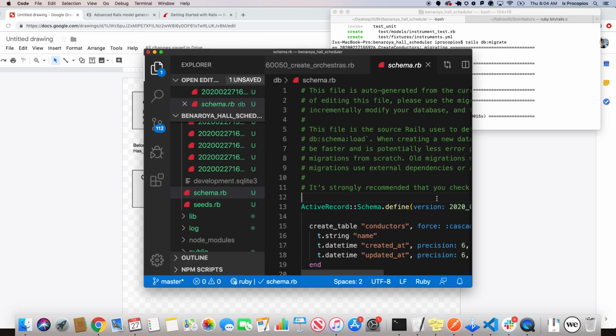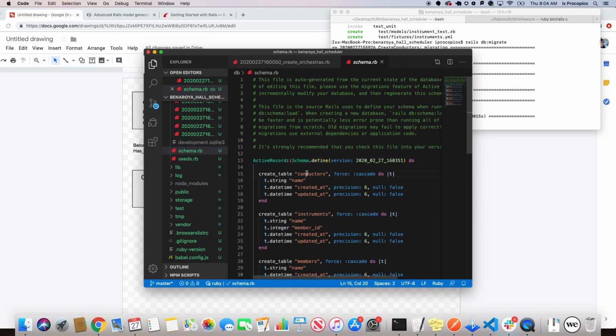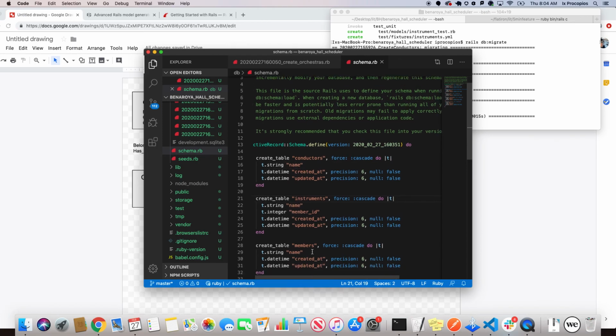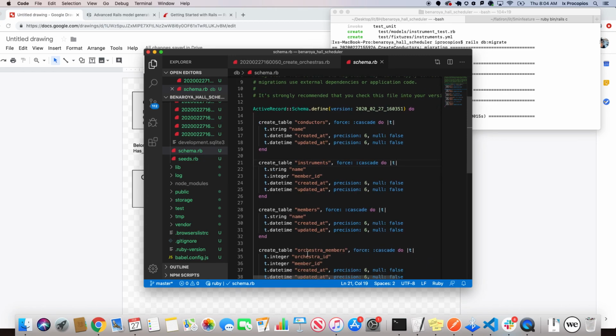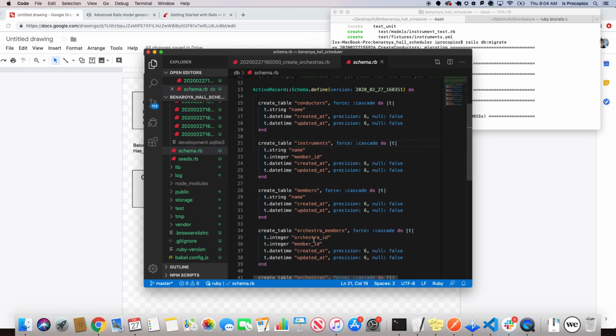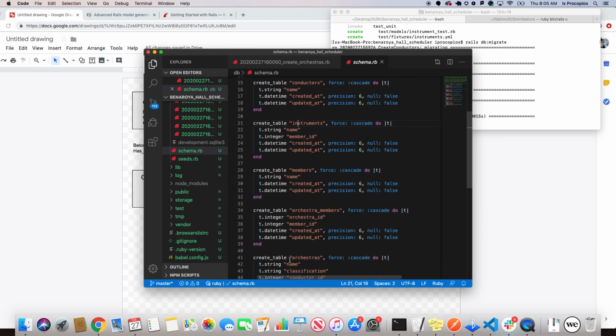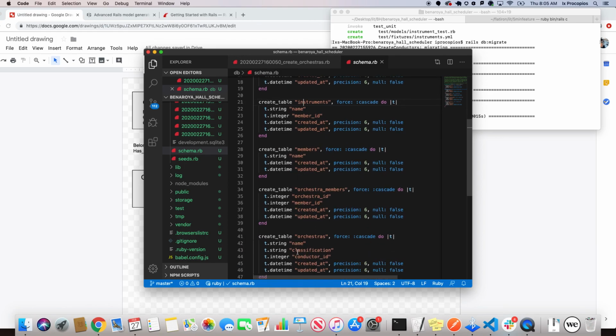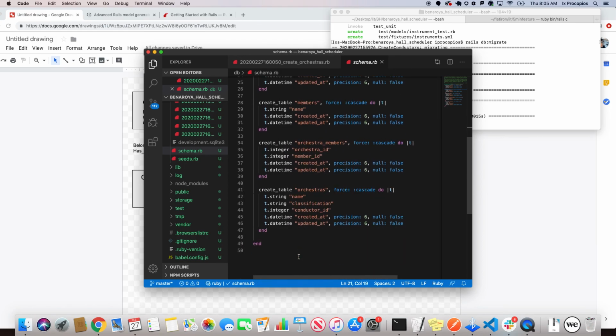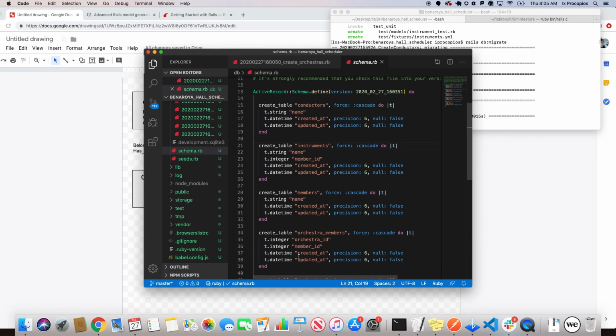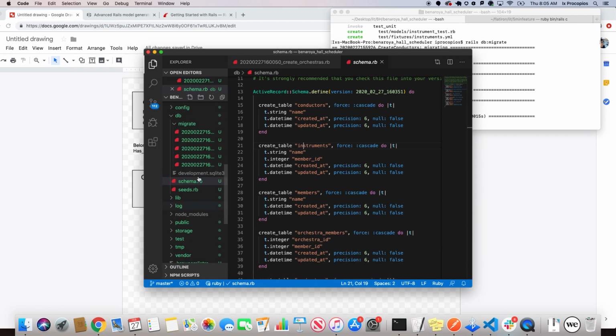All right, conductors is here. It was created with a name, the type string. Instruments are here, name string. It has a member ID, cool. Members has a name, a string. Orchestra members, orchestra ID has an integer. Orchestras has a name and a classification and a conductor ID. And that looks good. It looks like everything I wanted. I'm happy with that. Things are perfect. Now, let's go ahead and hop into my